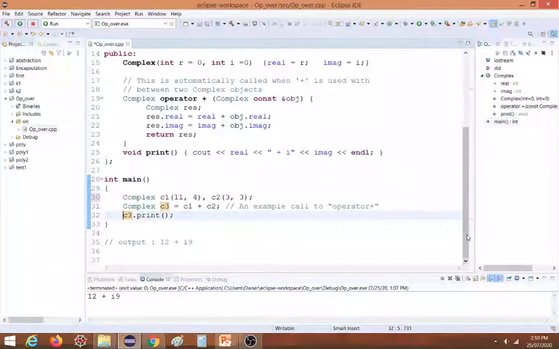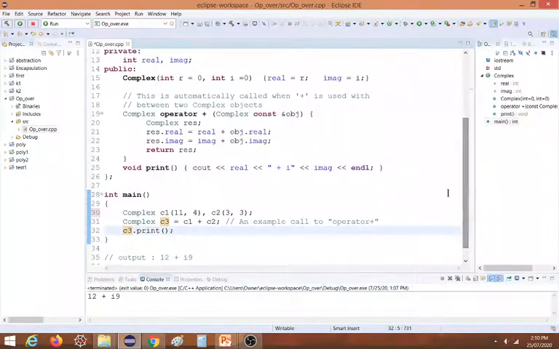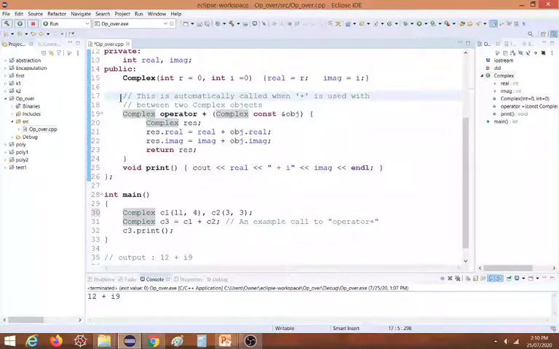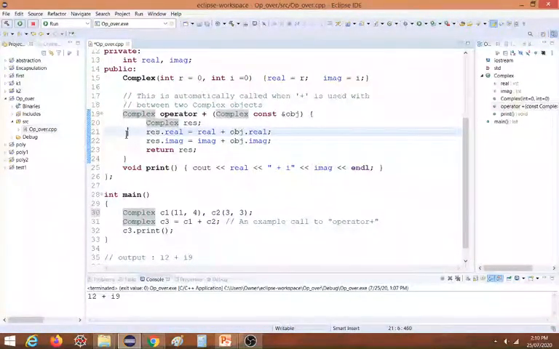So what we are doing is, the main thing is writing this function. This is automatically called when plus is used between two complex numbers. So if I am using a plus operator with normal numbers, then this function will not be called. This function will be called only if I am writing this plus sign in between two complex numbers.